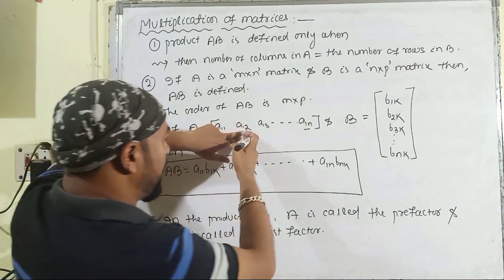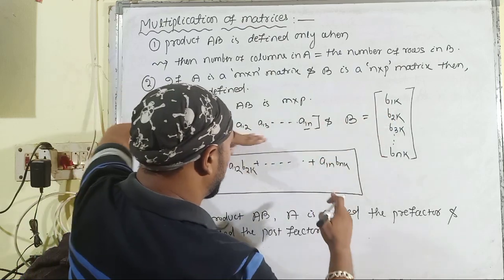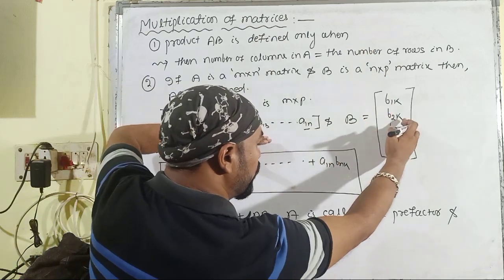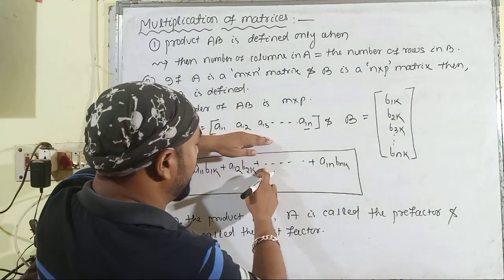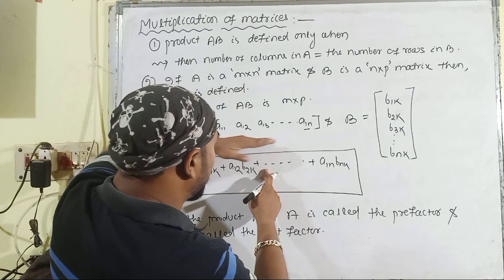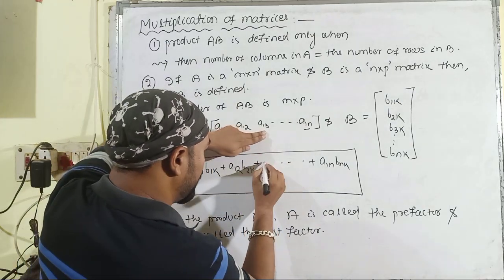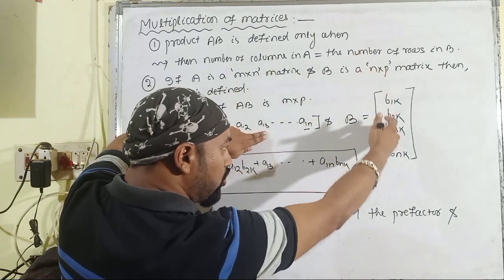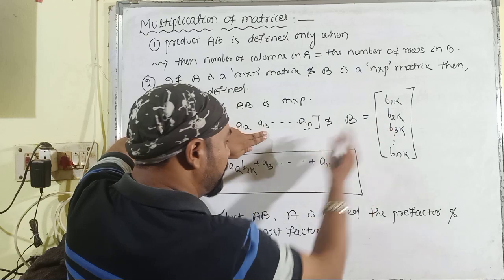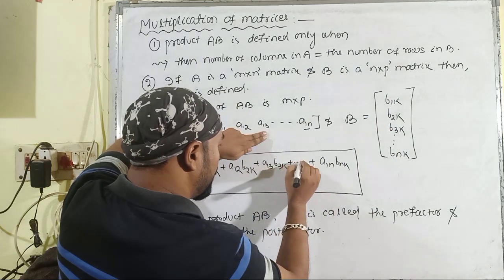Then you have to multiply the second element with the second element, A12, and it is B2K. Then plus, you can also write down another element here. The third element along the row is A13. Just let us write down A13. The third element along the column from top to bottom is B3K. So you can also write down here B3K.